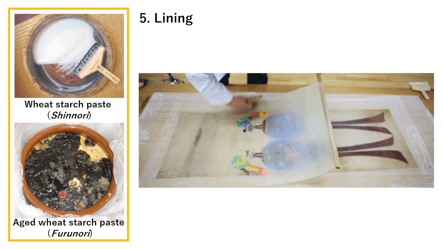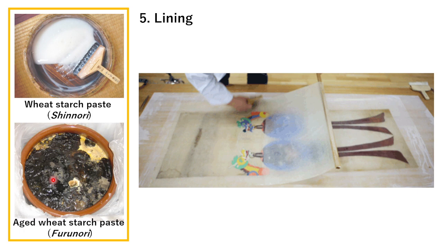for other lining papers. Aged starch paste has been used since the Edo period, and this pre-starch paste is stored in a cold and dark place for more than 10 years. During that time, the microbial activity of mold has significantly reduced the adhesive strength. The pinkish part is used, except for the part of black mold. It is an essential material to make a hanging scroll that can be unrolled softly.